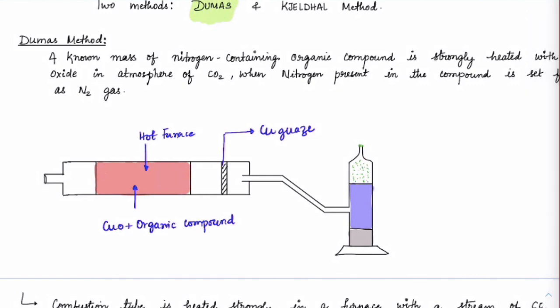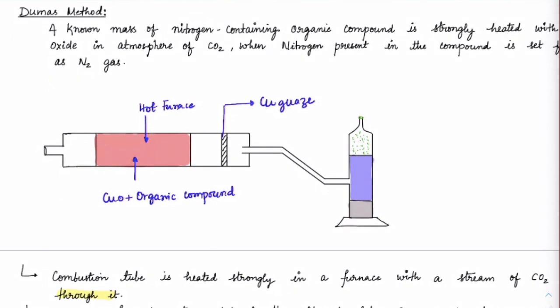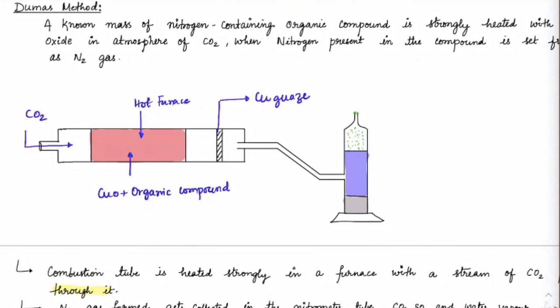I hope all of you understood so far, yeah? So now what we are doing, we are adding initially some excess amount of carbon dioxide, a little bit of carbon dioxide initially, just to maintain an inert atmosphere, because carbon dioxide is not going to make any reaction here, understood? So we'll just add some carbon dioxide to keep that entire hot furnace inert.